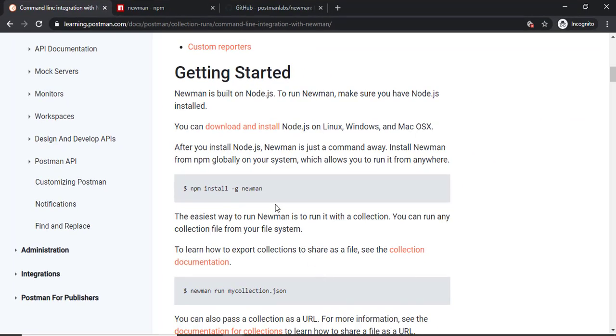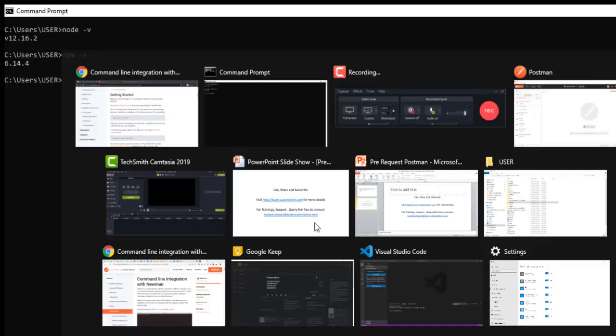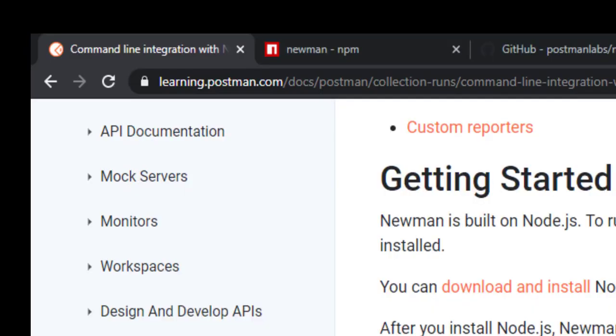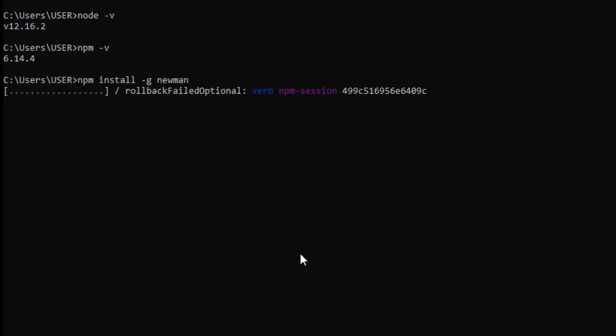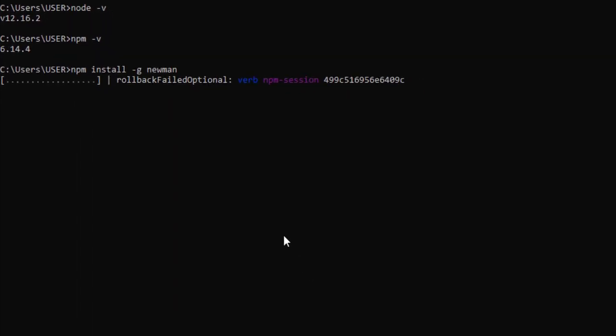So what we need to do is just install this Newman and we are good to go. Either you can copy-paste this command or you can just type it. So I will just copy-paste. Okay, g means global, Newman is the module that we are installing, so hit enter. I already have it on my system, so in case there are new updates, it will automatically download the updates as well. If there are no updates, it should continue with my older version. Okay, so it will take a few seconds.